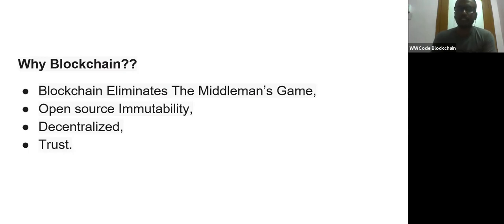It is decentralized. Another thing is trust. Trust is the matter. Our data will be stored in another organization, and data breaches are happening around the world day by day. People are getting the data. Data is the new oil. People use the data to predict everything, and they are selling the data. So in blockchain, data should be decentralized, not centralized.